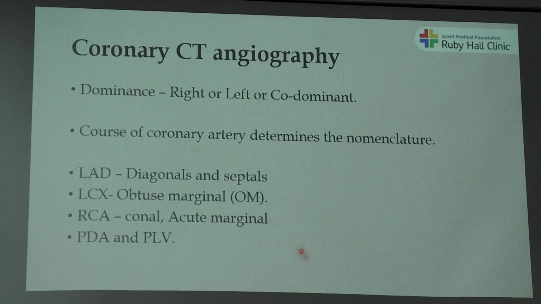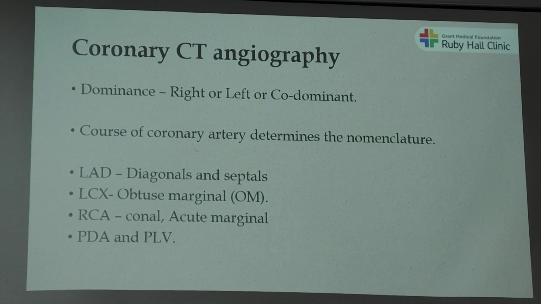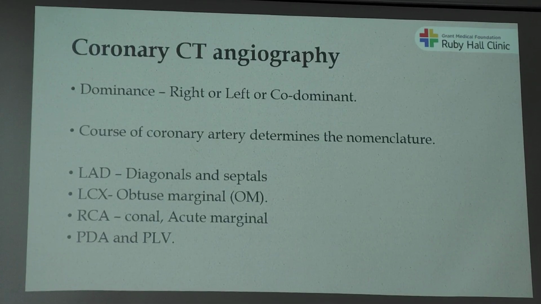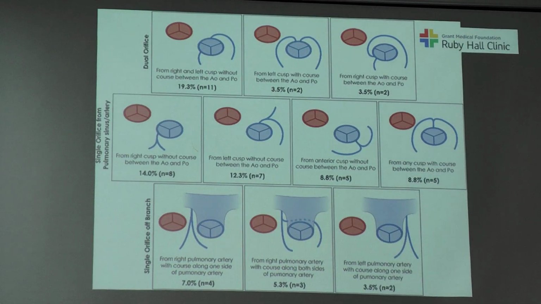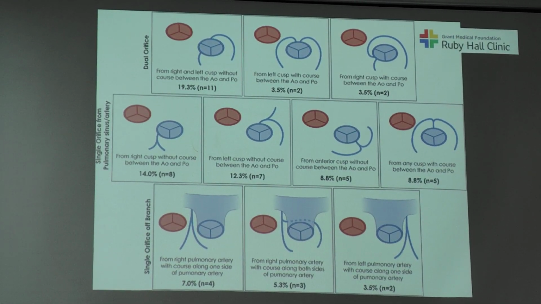Okay, and as I told you, the course of the coronary artery determines the nomenclature. We have seen the diagonals and the septal branches of the LAD, and the branches arising from the LCx are called the obtuse marginal branches. Okay, so why I was saying that the course is really important,